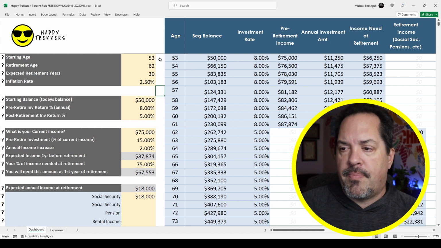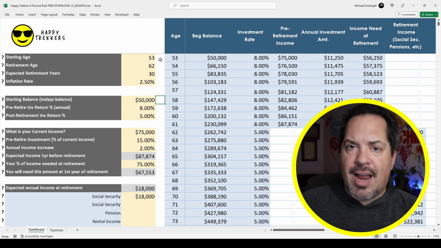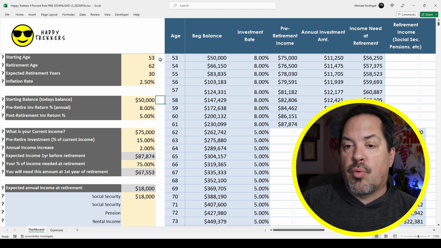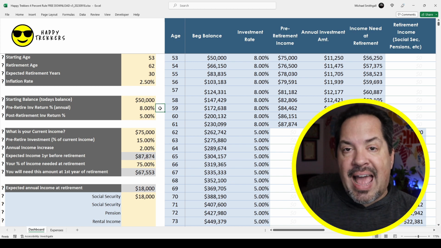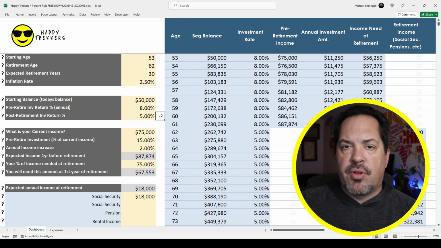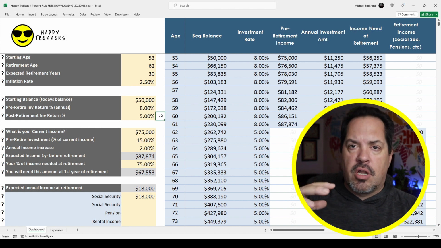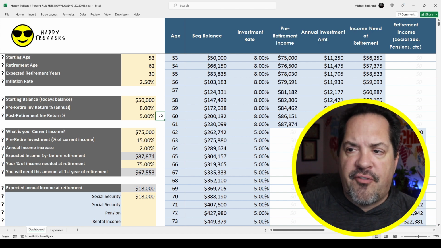30 years. That's great. Here's the first thing you want to plug in that's really very specific. $50,000. I'm going to put this person at $50,000 in retirement money. An IRA, a 401k, just a general stock portfolio. They've got 50 grand. That money is earning about 8% now through retirement. That's actually pretty reasonable. At retirement, they're going to be more conservative, and they're going to shift the focus of that money and how it's allocated. It's going to go down to about 5%.